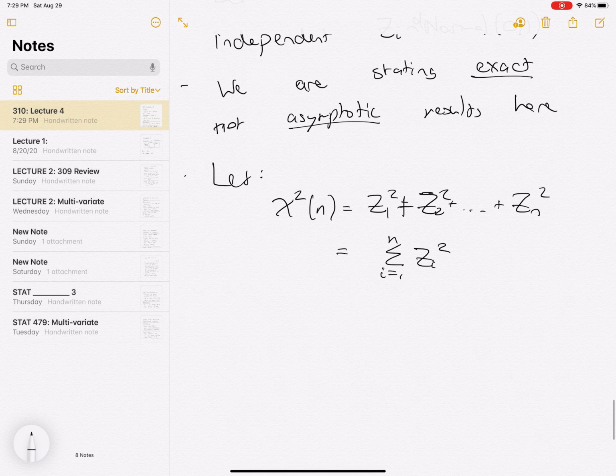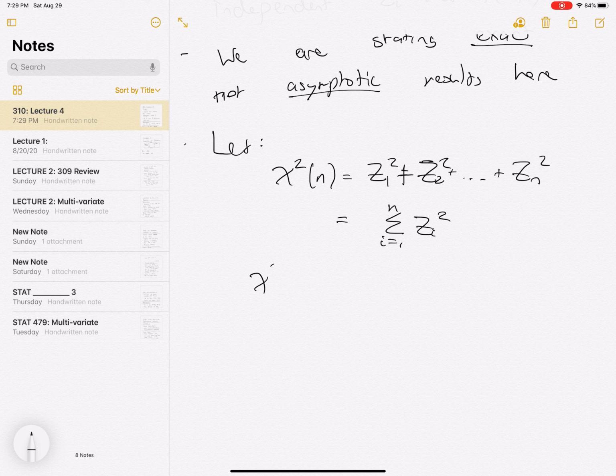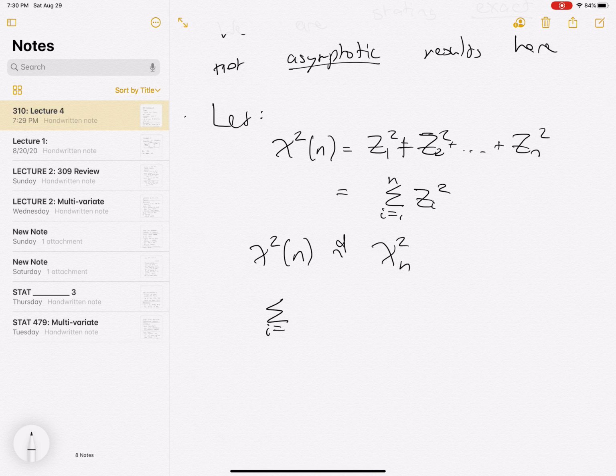So maybe the easiest way for me to state this so that there's no confusion is that chi-squared of n has a distribution of, and maybe this is a little bit confusing with notation, so what I'm going to write here is that if you just take a sum of independent normal squared random variables, then that's going to be chi-squared n in distribution. So this is a definition of the chi-squared distribution. It just comes from the sum of the Zi squares.